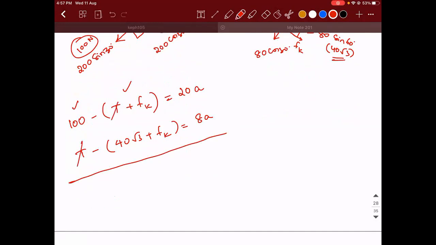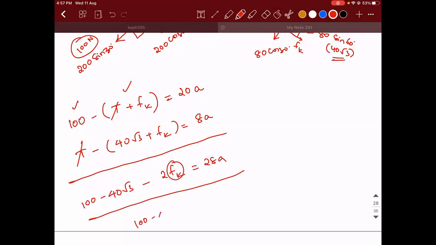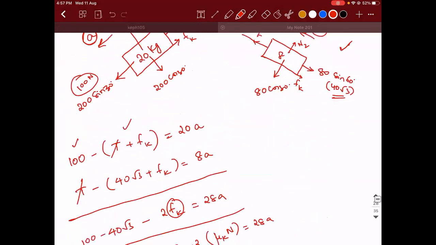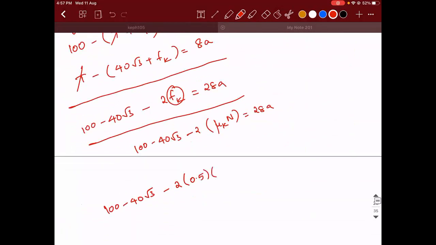T and T will get cancelled. 100 minus 40 root 3 minus 2 times Fk is equal to 28A. Fk, you can find it. So 100 minus 40 root 3 minus 2 into what is the value of Fk? It is mu k into N, which will be equal to 28 into A. So 100 minus 40 root 3 minus 2 into mu k is how much? 0.5 into N is